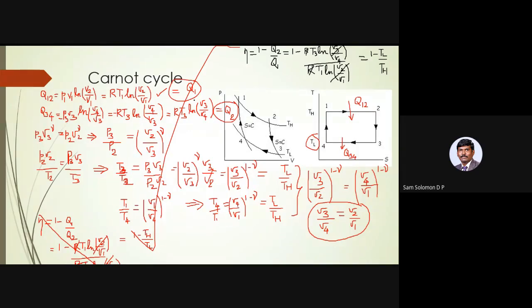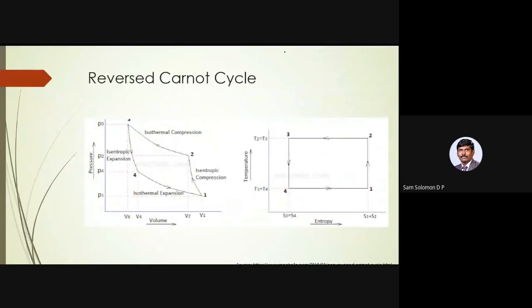So just like I did for this Carnot cycle, efficiency is 1 minus TL by TH. Using the reversed Carnot cycle also, you can find out that the COP of the refrigerator, if you remember, we said it is Q2 divided by Q1 minus Q2. So if you follow the same method as I have done before for the heat engine, you will find that COP of the refrigerator is T2 by T1 minus T2.